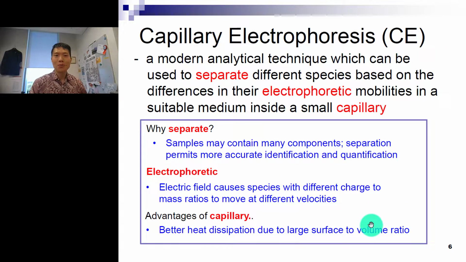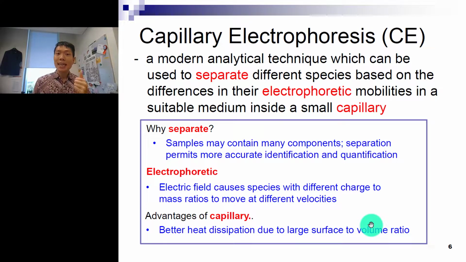So CE is really modern. I would say modern even though it was invented some years ago. It's really modern because there is nothing even better than CE. We still use it today. So if you invent an instrument in science and at this time you stop using it, that's not considered that modern. So CE is a modern analytical technique which is used to separate different species based on